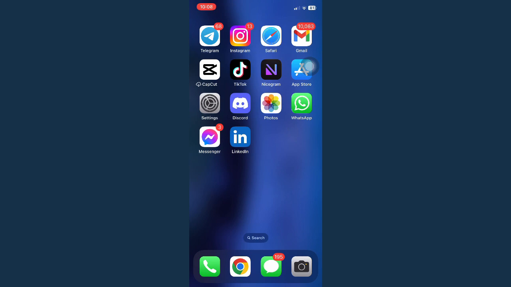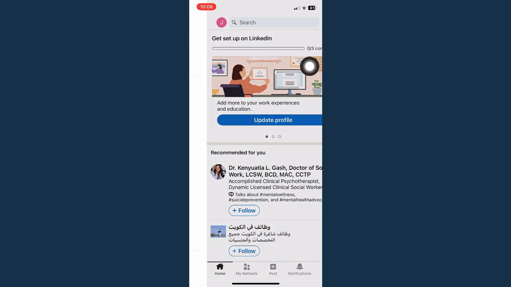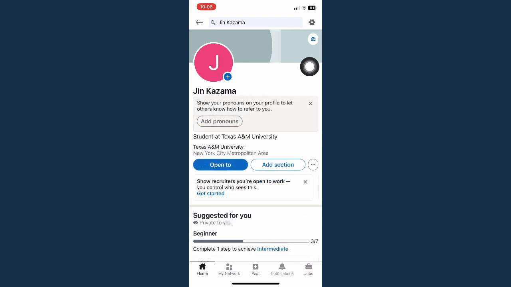So let's start by opening our LinkedIn app and then sign in with your account. Once you have signed in, you may now click on your profile found on the upper left corner of the screen. Once you're right here, click on View Profile